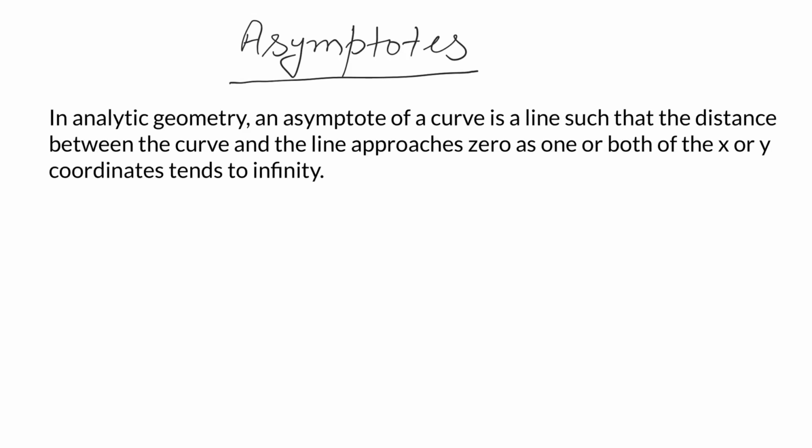Firstly, we shall see the definition of the asymptote. So definition is given as: in analytic geometry, an asymptote of a curve is a line such that the distance between the curve and the line approaches 0 as one or both of the x or y coordinate tends to infinity. So we can call asymptote as a line that touches the given curve only at infinity and moves parallel